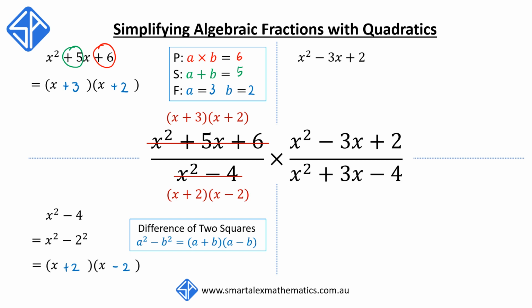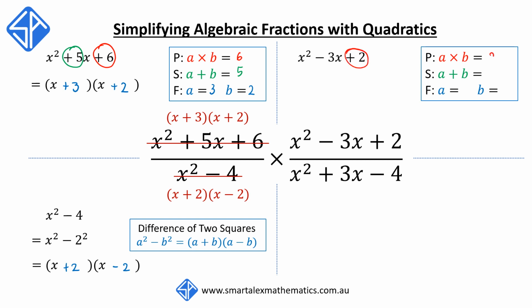Again, this is a monic quadratic, so we can use the PSF method to help us factorize it. We're going to look for two numbers a and b that multiply to give the constant 2 and add to give the coefficient of x, which is negative 3. The two numbers that will multiply to give 2 and add to give negative 3 would be if a is equal to negative 2 and if b is negative 1. Since negative 2 times negative 1 will give us a positive 2, and negative 2 plus negative 1 will give